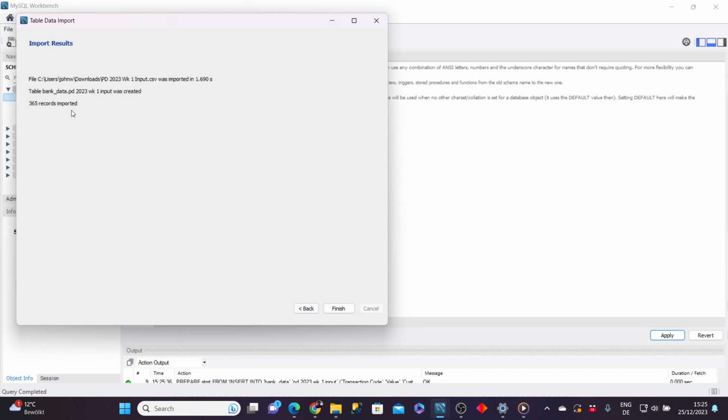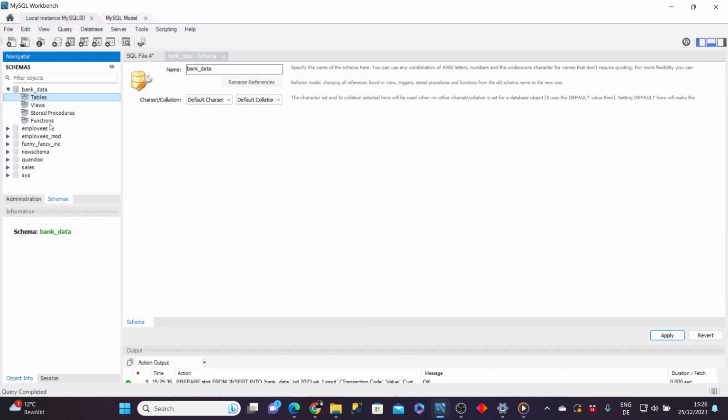These are the number of rows in my data set, which means it is important for us to know beforehand the number of rows we have in our original data set so that we can compare that to this number that we observe here. Click on finish, and over here we can tell that the table is still empty, but